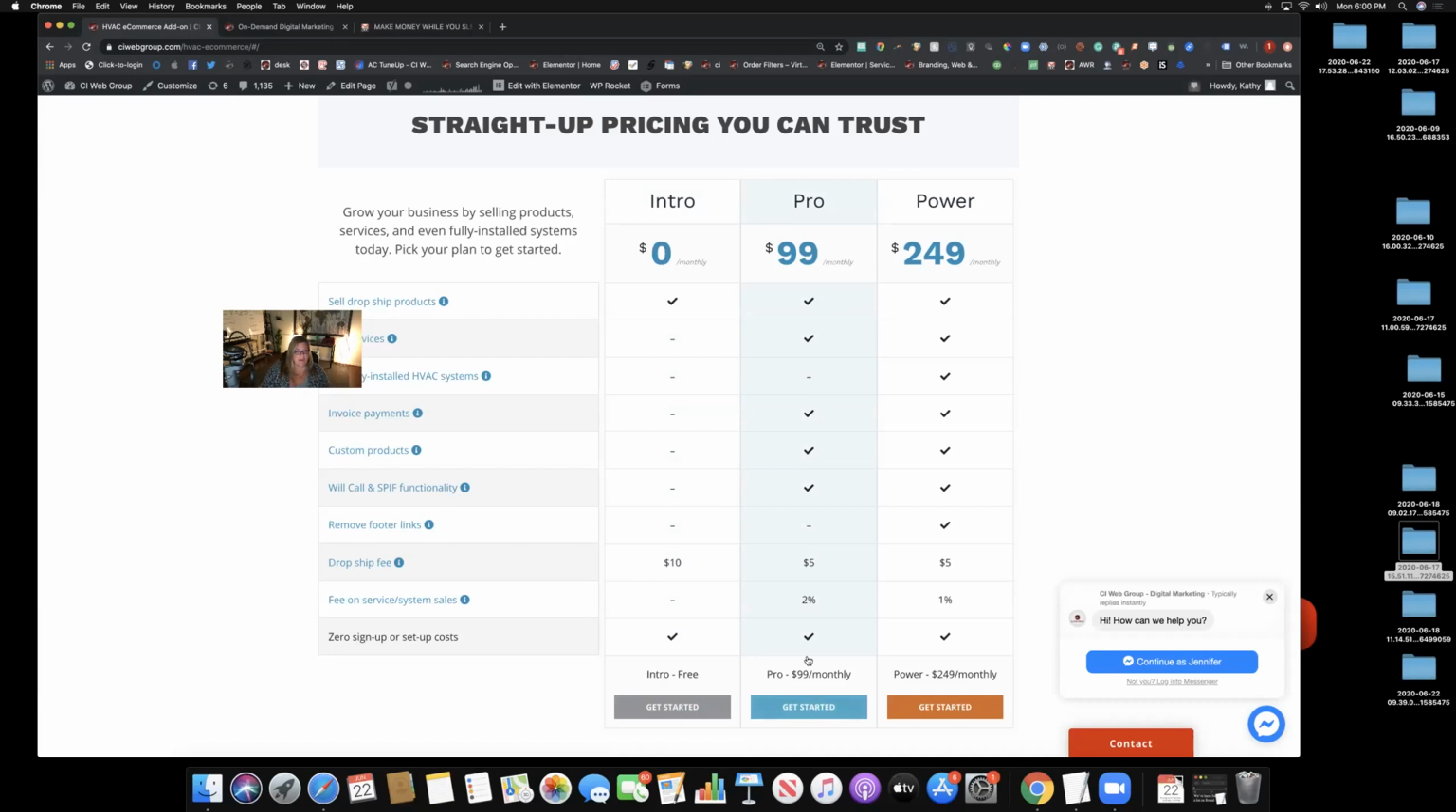That's that. The charge now, instead of a $10 dropship fee for all of the product deliveries, it's a $5 dropship fee, and the cost for your services is 2%. And that's it. Next. The third and final option is for someone that's a little bit more aggressive